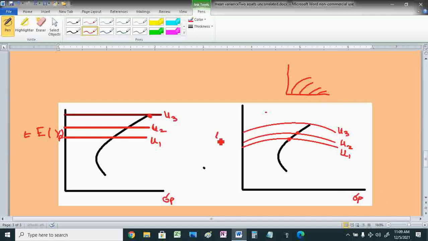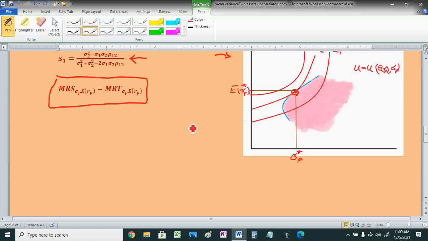So let me write it down here, E of RP, and so we have been able to define the three cases for risk lover, for risk neutral person, and for any person which is risk averse,